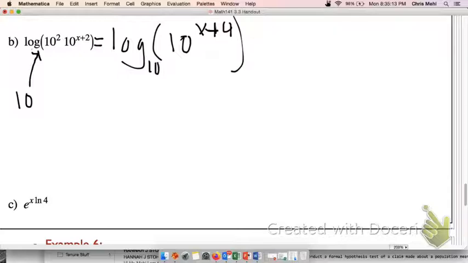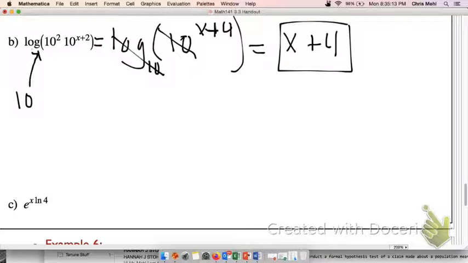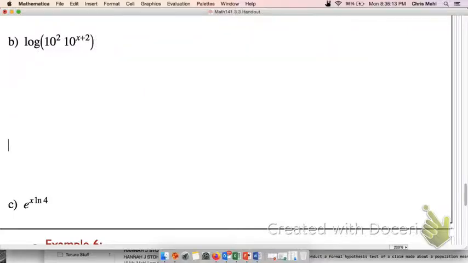And again, because there's secretly a base down here of 10, log base 10 followed by exponential base 10 would just leave you with the power of x plus 4. And then finally, last part,